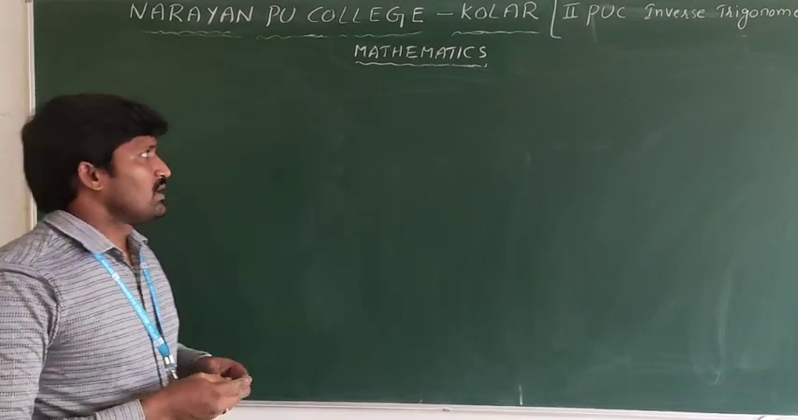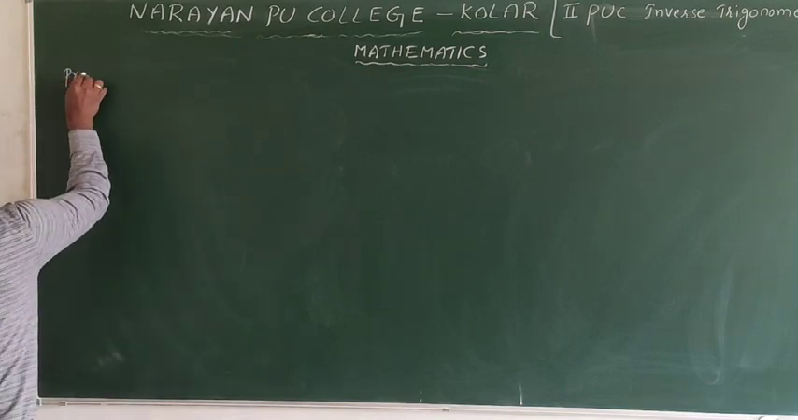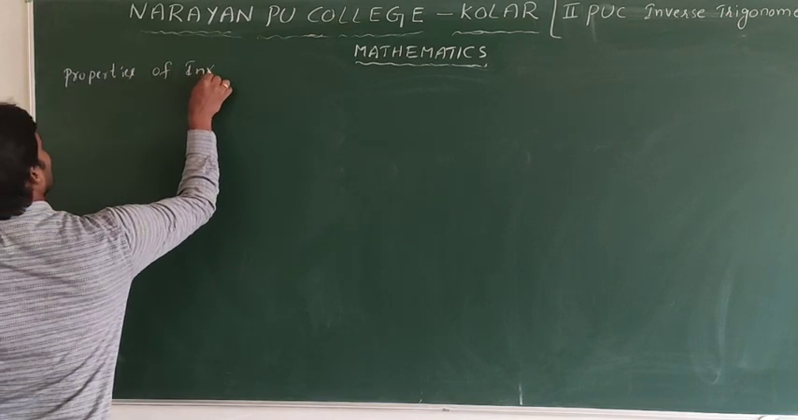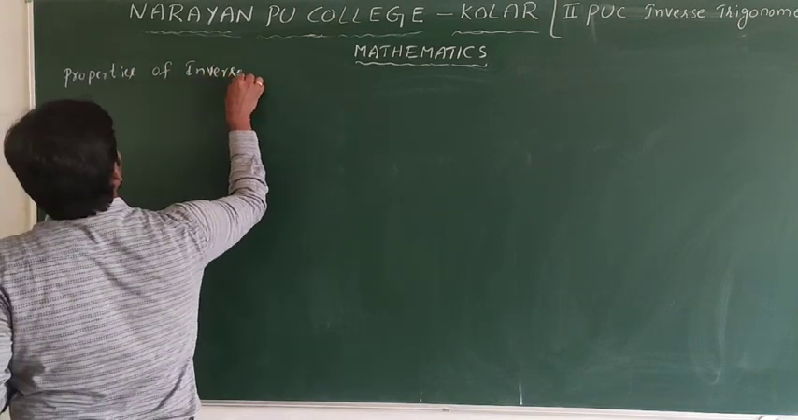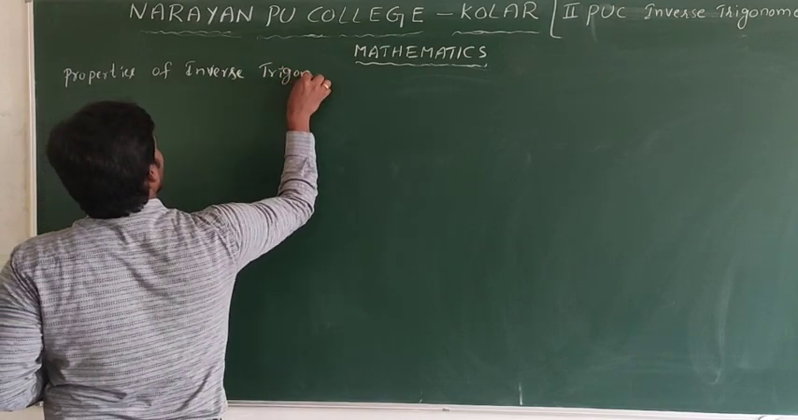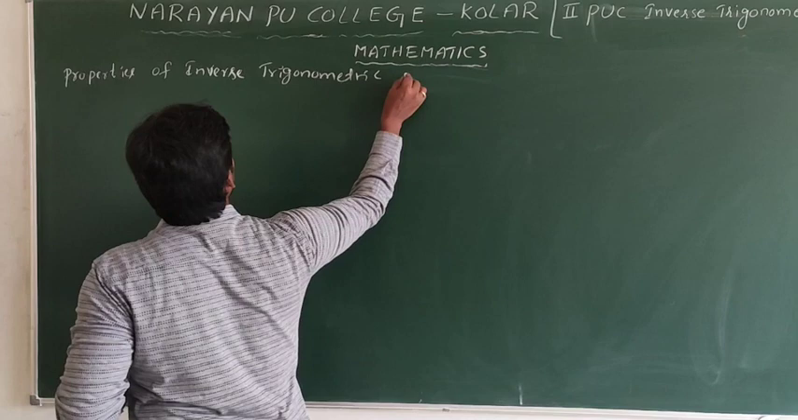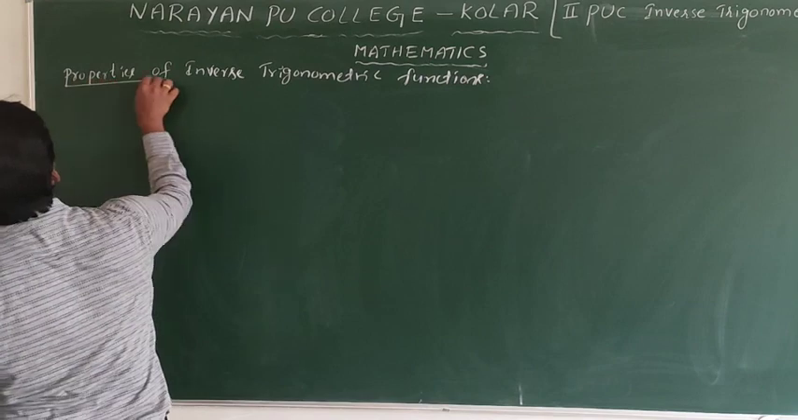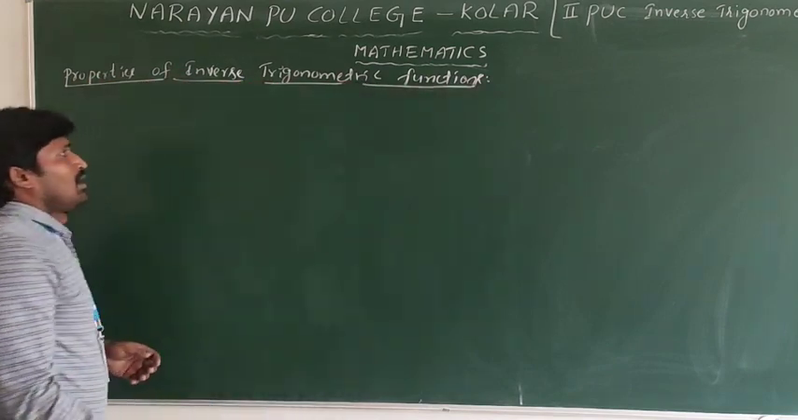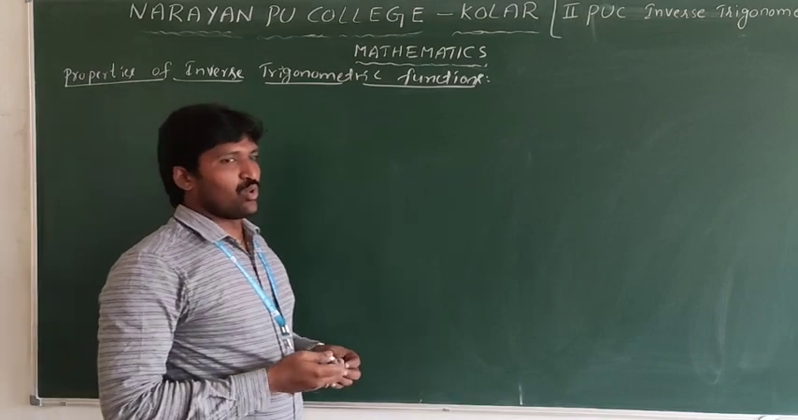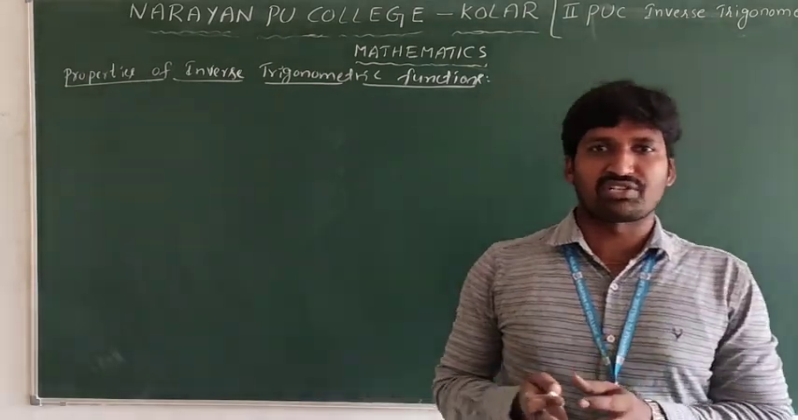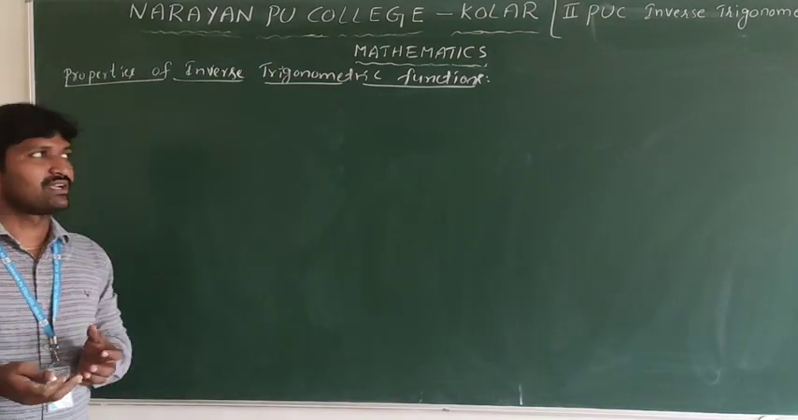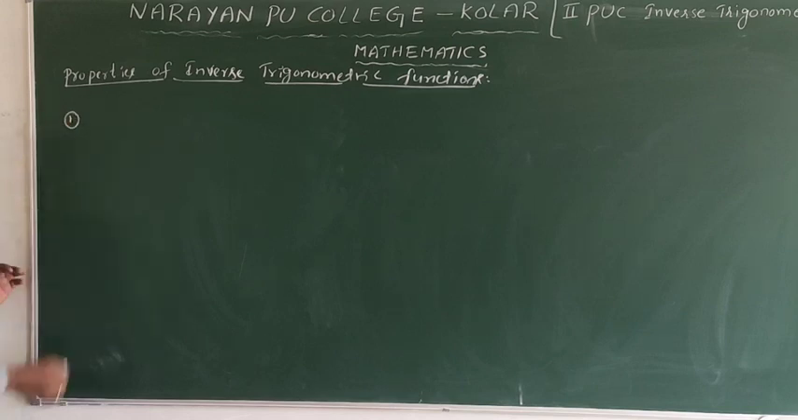Next we will discuss properties of inverse trigonometric functions. Now we have to use properties to evaluate certain formats of functions. Directly finding them by using basic angles we are not able to do. That's why we are using these properties. In this, the first one,